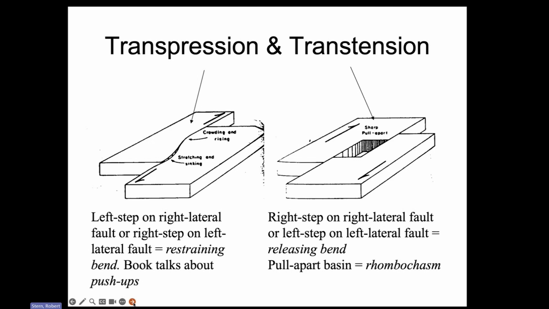So if you have, for example, a left step on a right lateral fault, like we have here, you will find a wide part of stuff is trying to get by another wide part, and you get kind of a compressional regime in here. So a left step on a right lateral fault or a right step on a left lateral fault is sometimes called a restraining bend. And the book talks about push-ups,